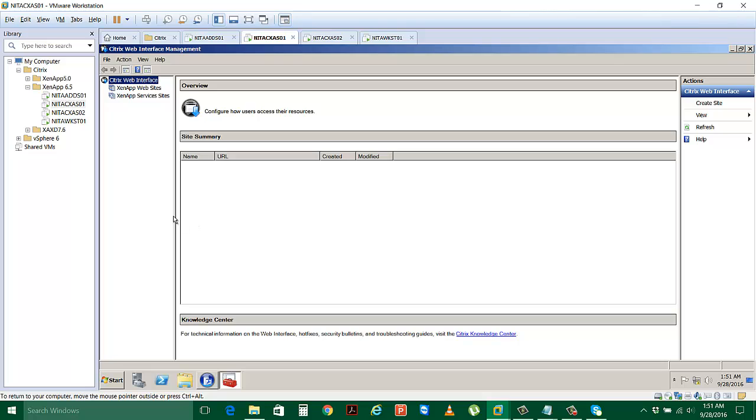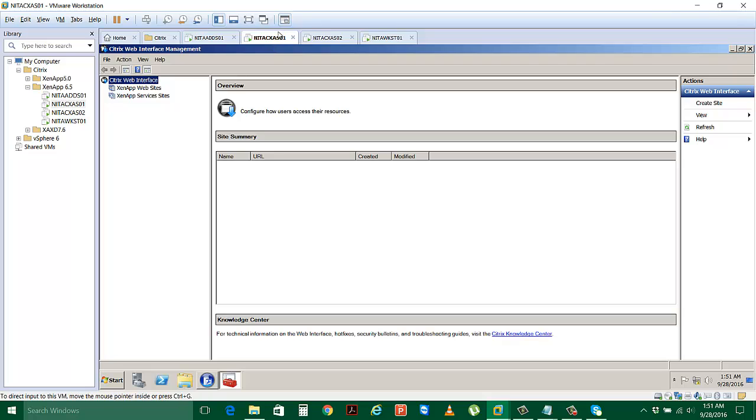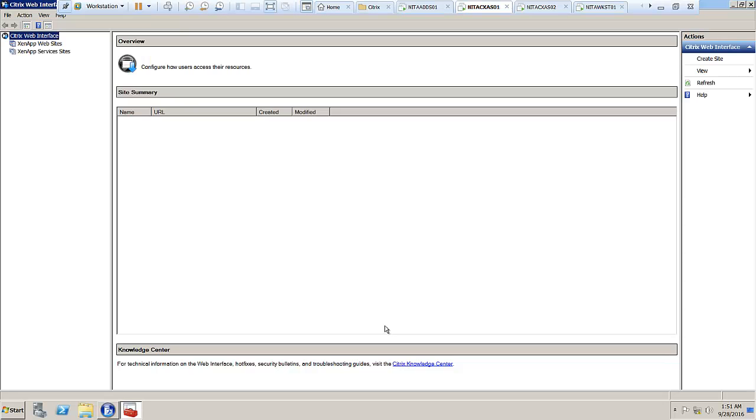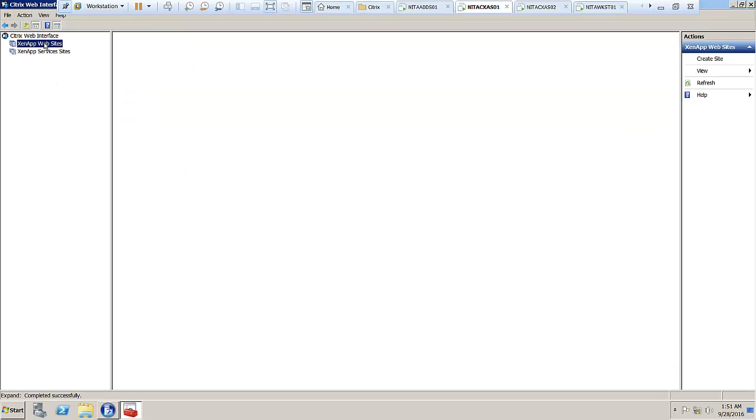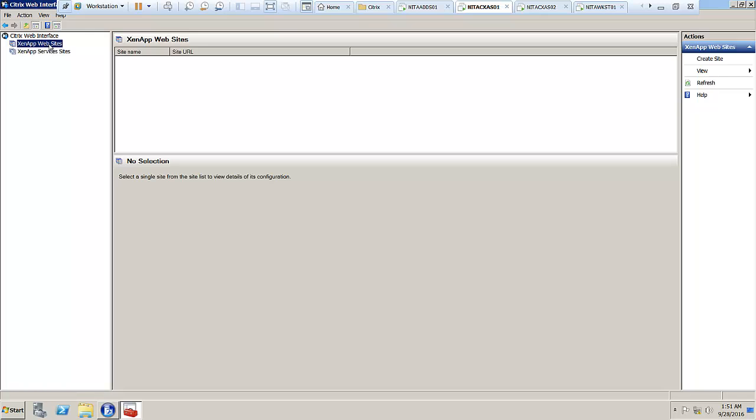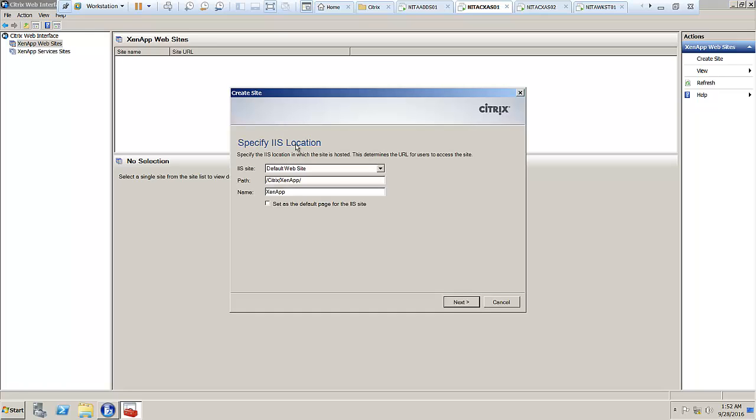When you open the Citrix Web Interface, you will see two options here. The first option is for the web client, and the second option is for the PN Agent, which is Program Neighborhood Agent. So right click on XenApp website, create a new site,